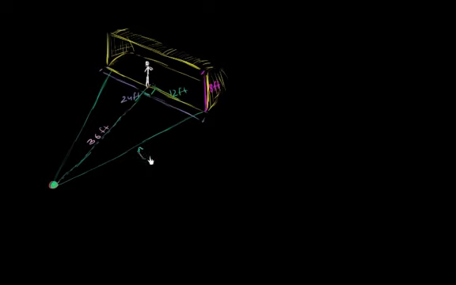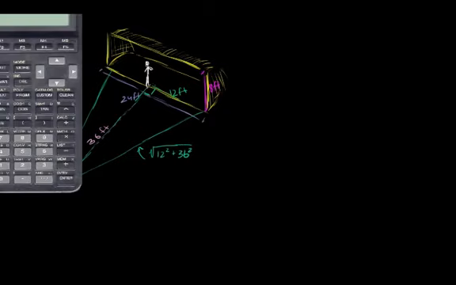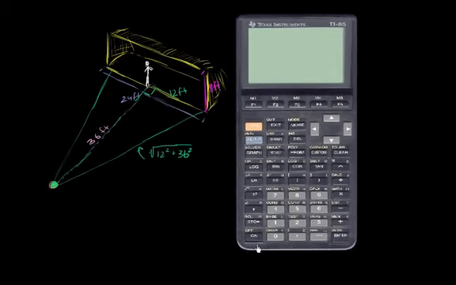So the Pythagorean theorem tells us that this distance right over here is going to be the square root of the sum of the squares of the other sides. So it's going to be the square root of 12 squared plus 36 squared. And let's get our calculator out and figure out what that is. So that's going to be the square root of 12 squared plus 36 feet squared, whoops, not 33, 36 feet squared, is equal to